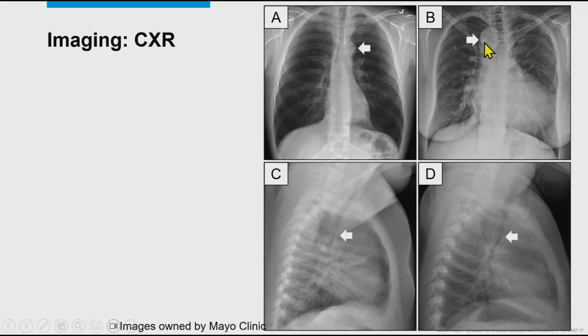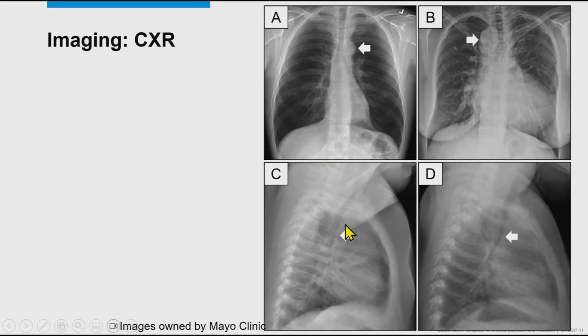So a simple chest x-ray can give you a clue that there is some arch anomaly. It doesn't give you 100% of what's happening, but it will raise your suspicion that you need to look further. Here again, you can look at the comparison: the normal left aortic arch is a little bit inferior, whereas the right aortic arch is a little superior, but it's still not going all the way into the neck, hence it's not a cervical arch.